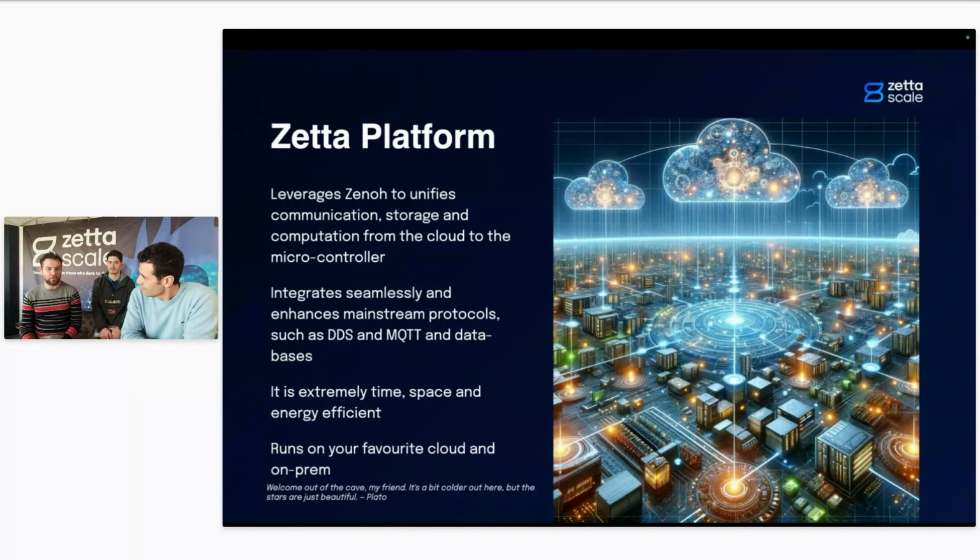The Zetta platform is kind of a magic wand to manage all your Zeta software, which includes Zeno, includes DDS, includes bridge between the different protocols. So the idea there is for users to just have a very simple web interface from which they can decide where to deploy those Zeno routers, how to configure them, and actually also download and generate all the configuration for their client application. All of this with security in mind,